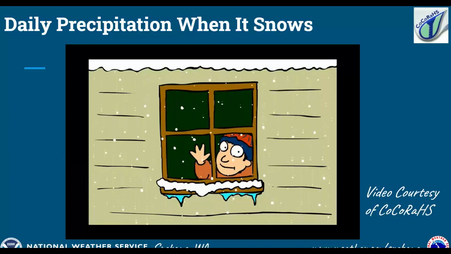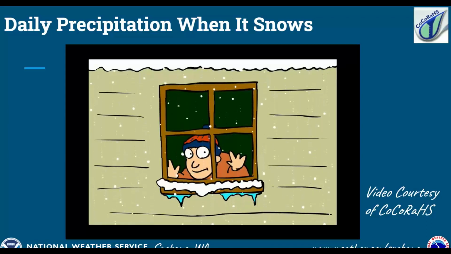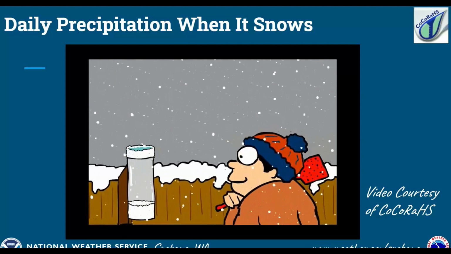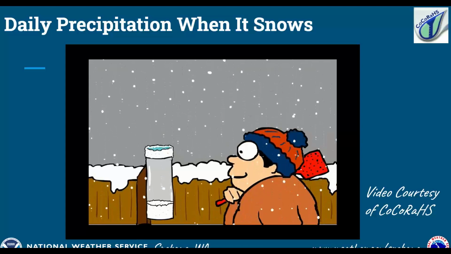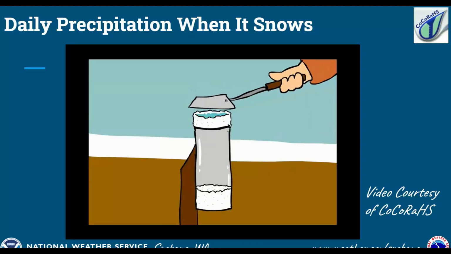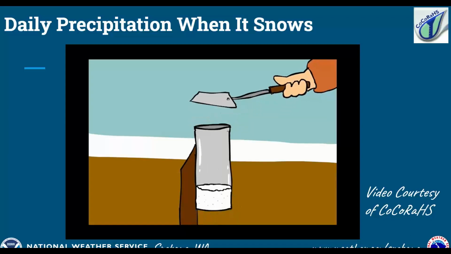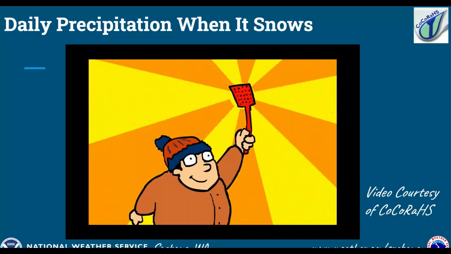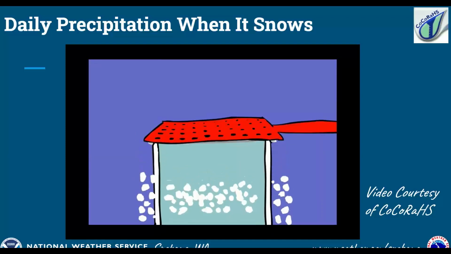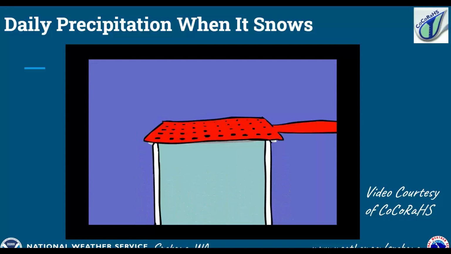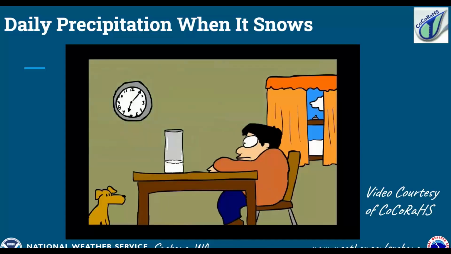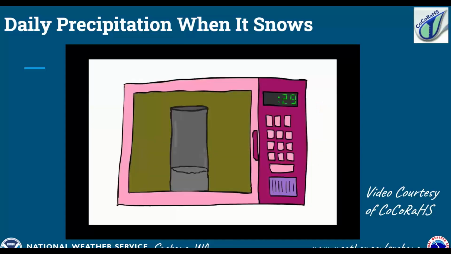So ideally, you want to take the snow from your rain gauge. So yes, you wake up, you see it's snowing, it's your reporting time to measure it. So you go to your gauge and you notice he has his snow swatter. What that snow swatter is used for is to tamp down the snow on top of the gauge, especially if it's accumulated a little bit, so you can have an accurate snow reading in your gauge. So once you do that, you take that gauge and bring it inside. And what you need to do is melt that snow.